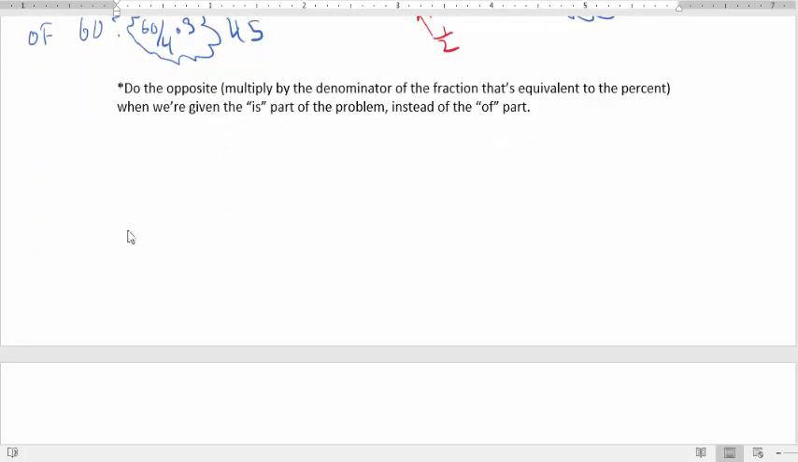And then the little note here is when you're given the "is" part of a problem, instead of the "of" part, you really do the opposite. So instead of saying, what was the first one? What's 25% of 40? If I said, 40 is 25% of what? This is the reverse, right? Because in this case, I know the 25% amount, but I want to find the whole amount, right? So 40 is 25% of what? So here I would actually do 40 times 4, and I would get